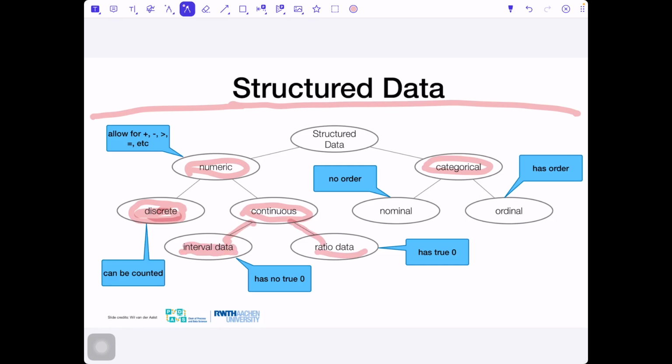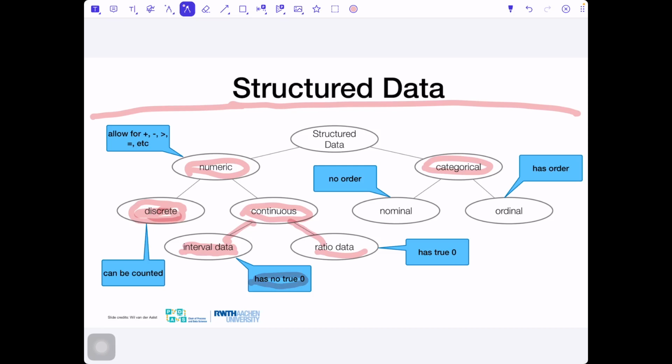What does it mean? Very often, if we take temperature in Celsius, so now, for example, in Germany, let's say around 26 degrees Celsius. That's interval data, because the temperature doesn't have a logical zero.